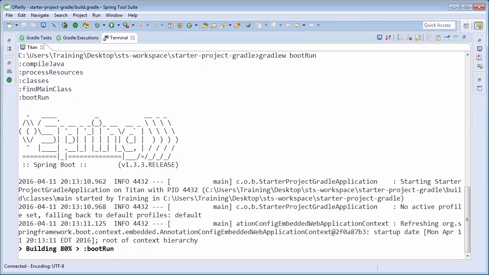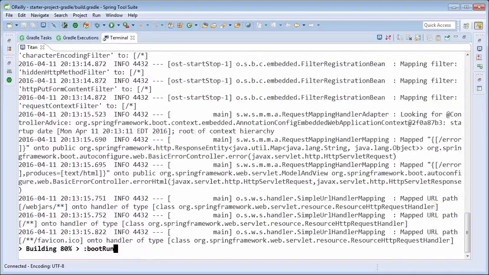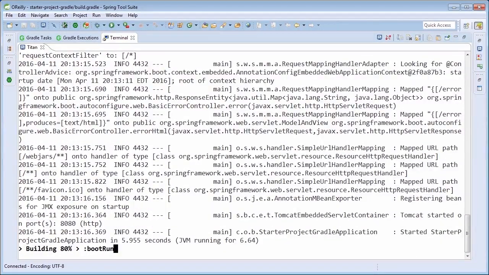So there we see the ASCII art for Spring Boot, and our project begins to set up, and eventually we will have a running Spring Boot application. There you can see Tomcat has started on port 8080, so our application would be able to service requests at